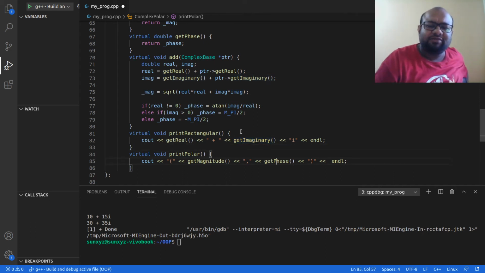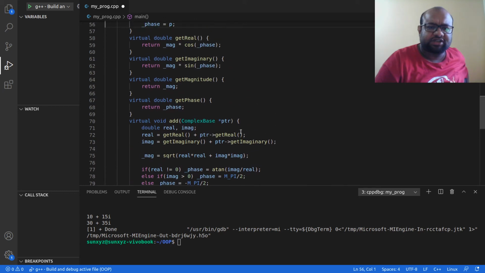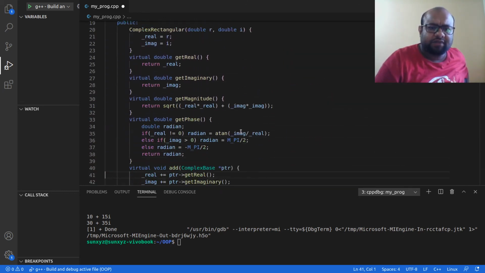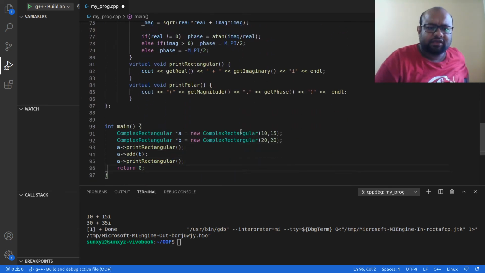But because I am using get magnitude, get phase, this kind of function, I need not worry about changing this function. This function will work nevertheless. So nothing to change with these two functions. So this is what I have right now. I have implemented complex rectangular and complex polar. Okay, so let me do one thing.